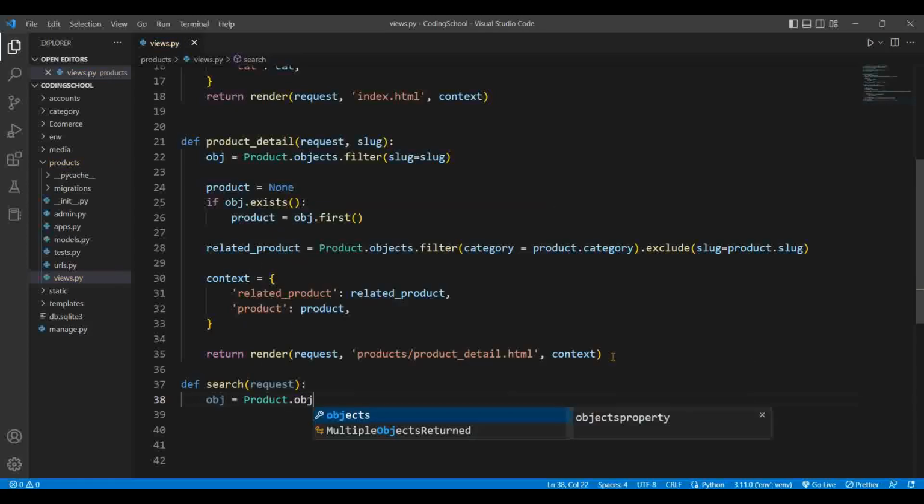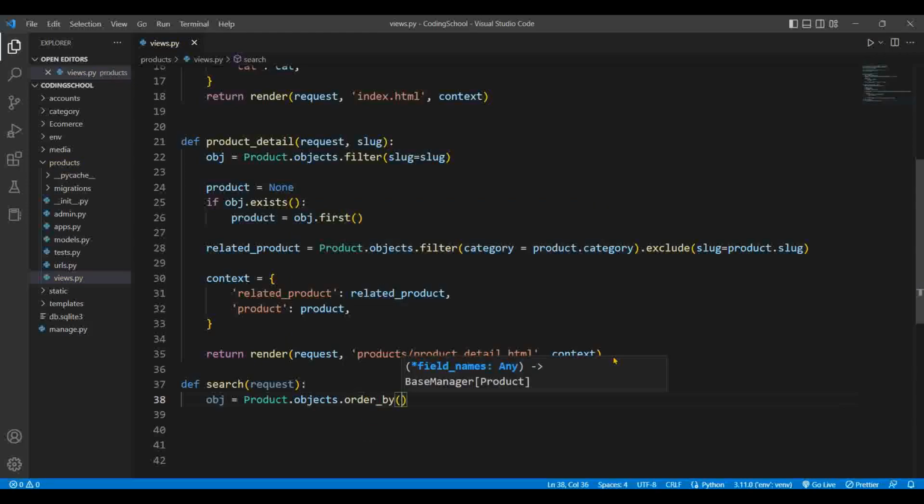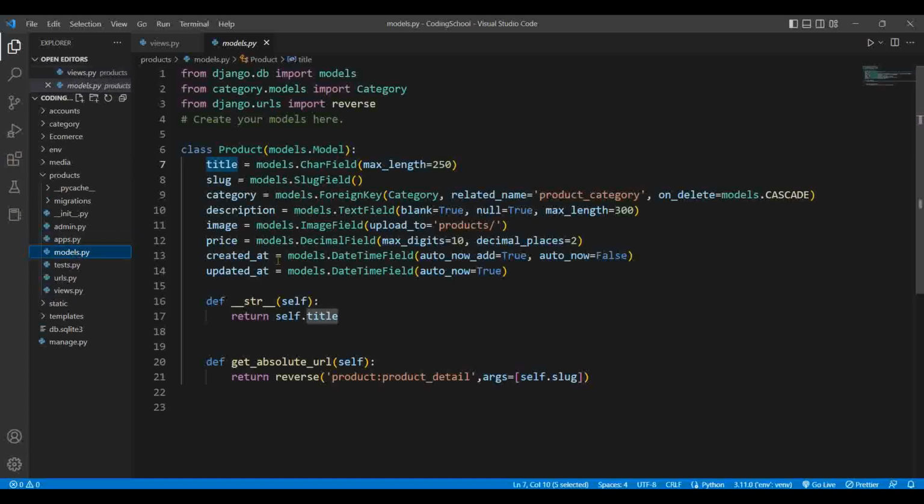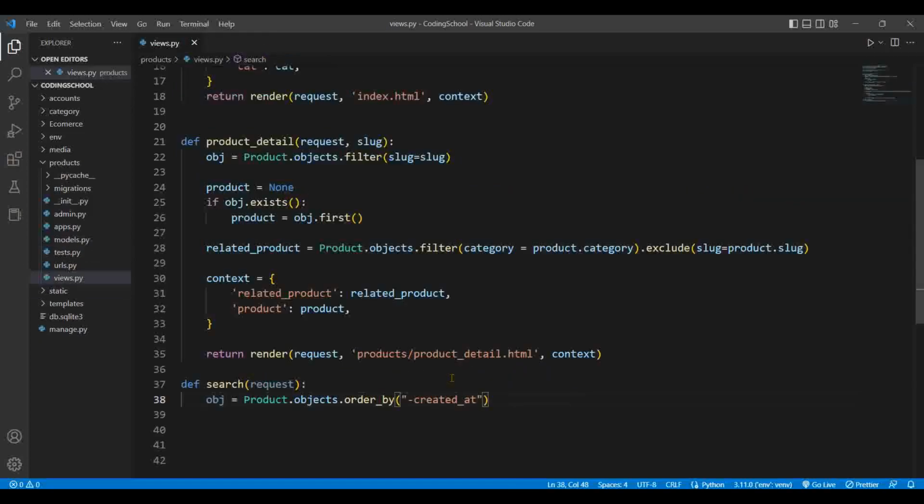dot objects dot order_by. So we order it by the negative of created_at. In the models, we have created_at. We can equally use the updated_at, we can equally use the title, whatever format you want it. Now we have this already. Then it should return